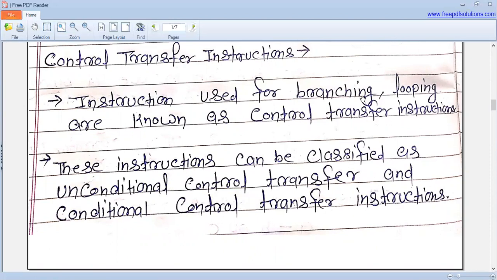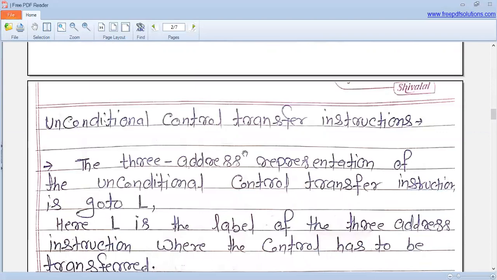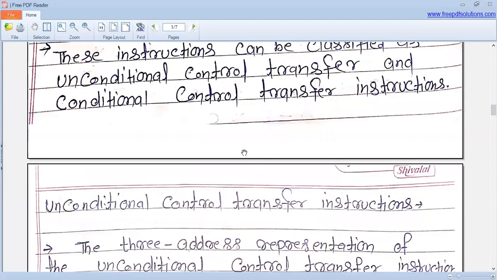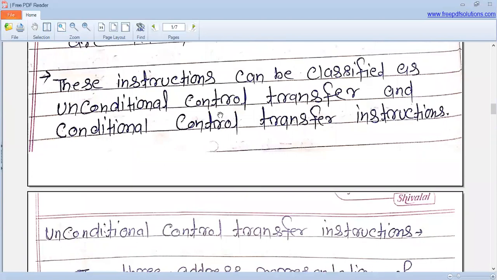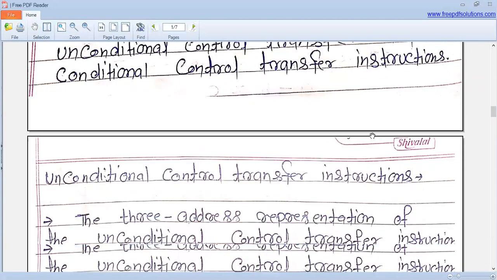In looping, we have the for loop, or in branching, we have another type of instruction like if else. And these instructions can be classified as unconditional transfer and conditional transfer instructions.